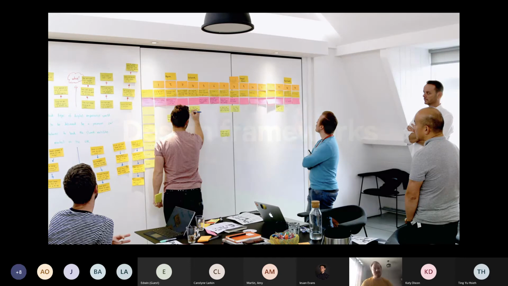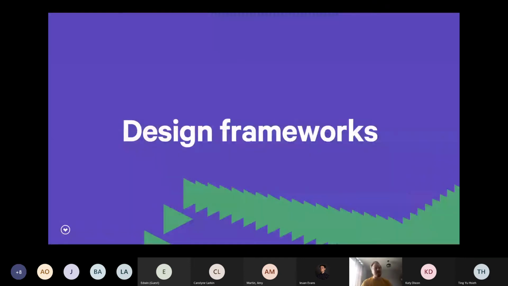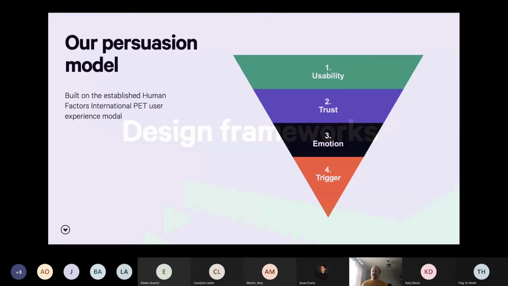So once you've learned some stuff in the problem space, and you've communicated those problems, and you've honed in on the things that you're going to do, you've then got to start thinking about solutions, and how to make stuff. And this is one of our models that we use quite a lot. When you're getting into screen-based design, we use this persuasion model quite a lot. It helps you work your way through, thinking about, you need a base point of